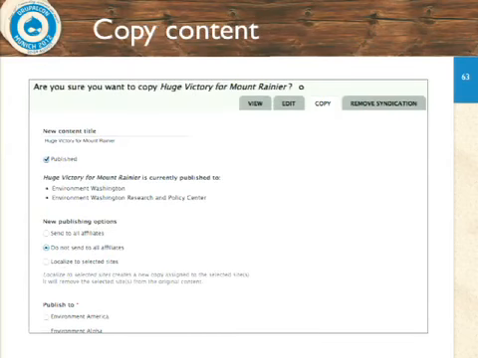You have the ability to copy. This is how they clone and personalize or localize something. So if there's a great story about solar energy, this is from Washington, but the folks in Pennsylvania want to take out the paragraph about coal mining, they would come in, hit the copy button, and say, hey, give me a copy of this, and just send it to my site. What it actually will do is remove your site from the list of affiliates, spin up a clone of the original story, and then let you edit it just for yourself.